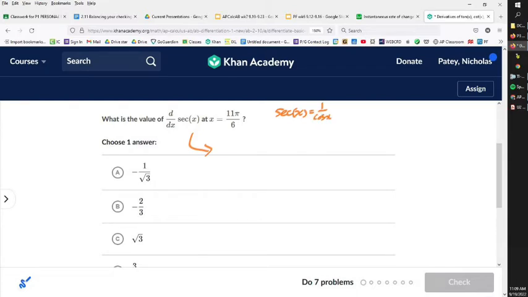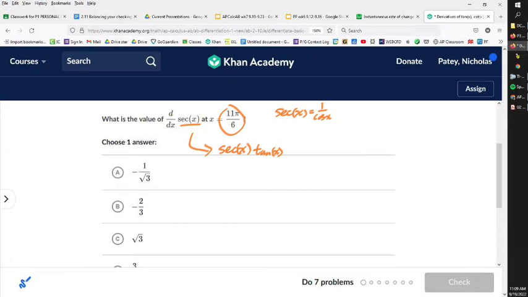But what is the derivative? That's what this means. What is the derivative of secant? So you plug in that number inside cosine? First, we have to do the derivative of secant. Isn't the derivative of secant secant times cosecant? No. Times secant. What is that? Was it? Ha! I was just seeing if you guys are paying attention. So we got to multiply this by tangent. And that's what it is. This is the derivative of secant. It is secant tangent. And so since we're finding the derivative at 11 pi over 6, now we have to